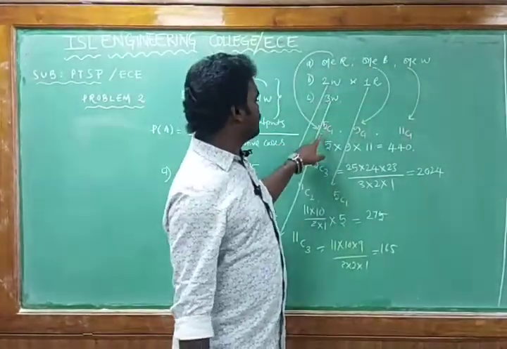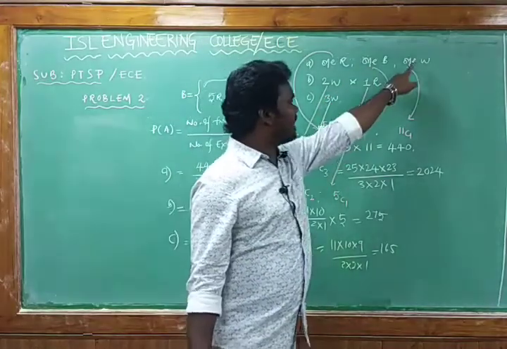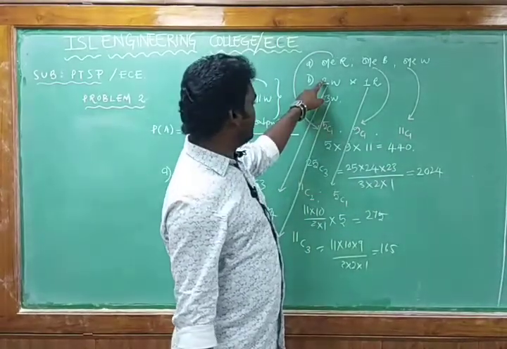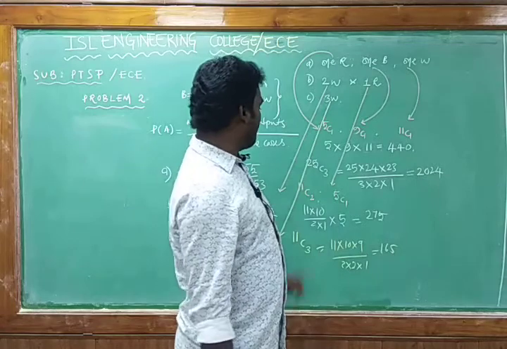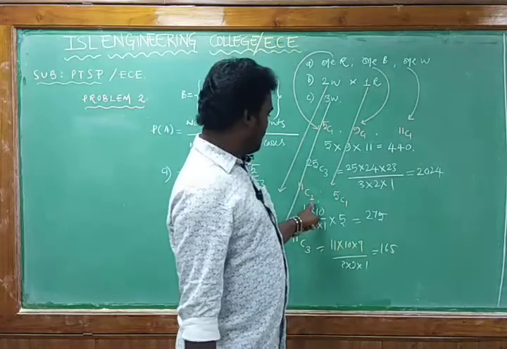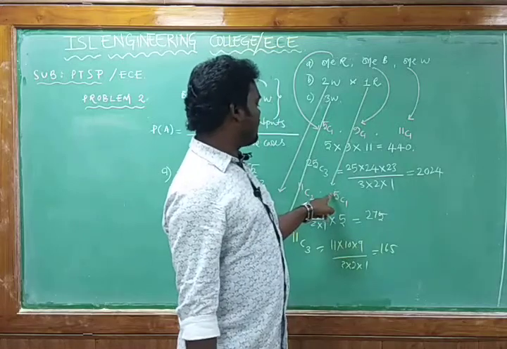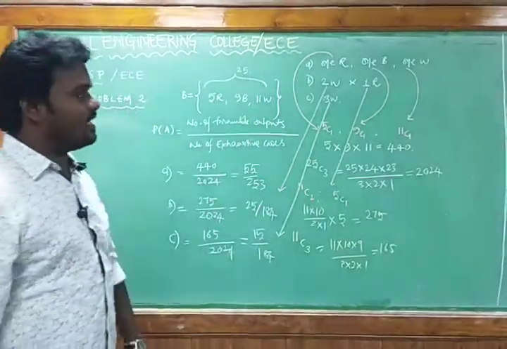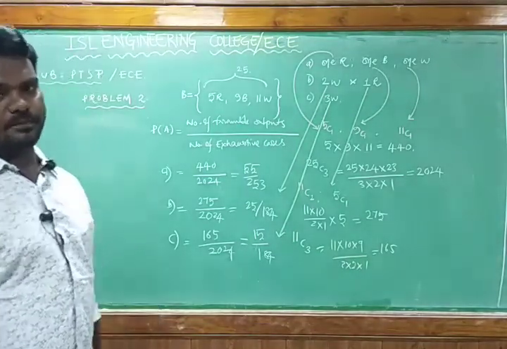1 red is from 5 balls, 1 blue is from the 9 balls and 1 white is from 11 balls. And coming to this one, it is 2 white balls. White balls are 11, from which we are selecting 2, and it is 11C2, and 1 red out of 5 reds we will be selecting 1. Likewise you can simplify the probability of any given experiment or event.